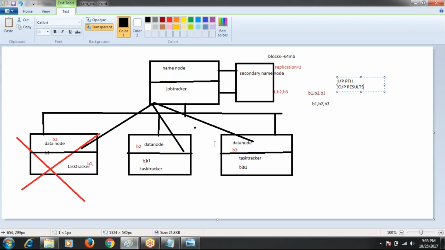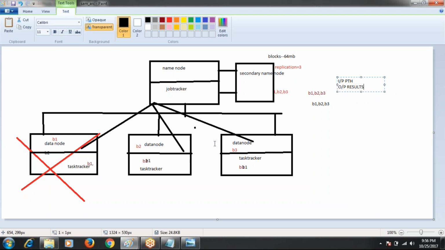Whenever job tracker submits the job, the job will be executed by the task tracker, because on each and every slave machine we have one MapReduce service called task tracker. Each task tracker will execute the job submitted by the job tracker.